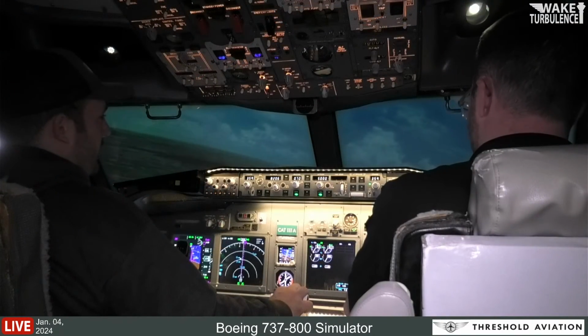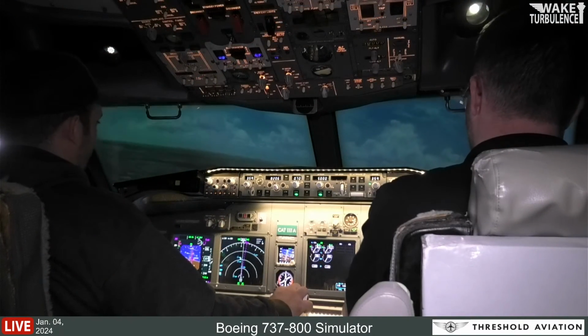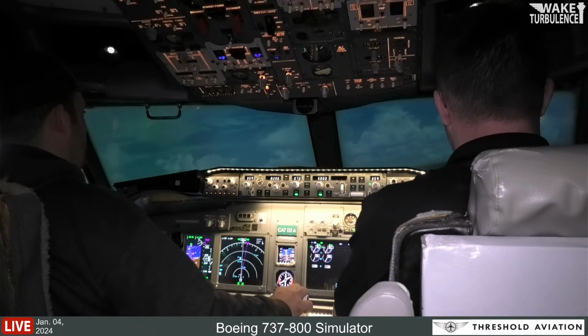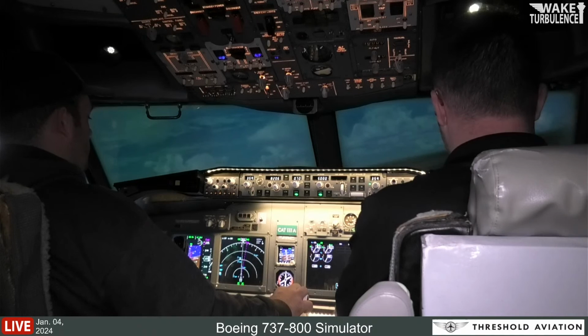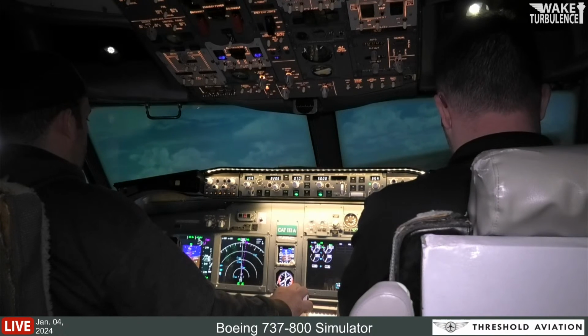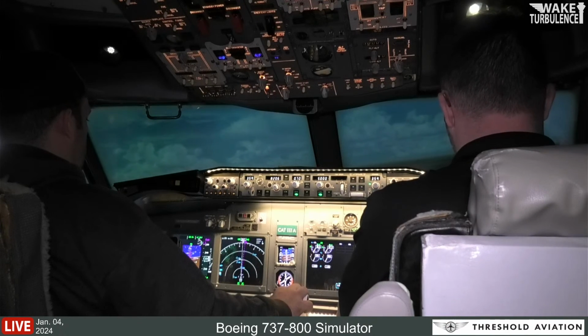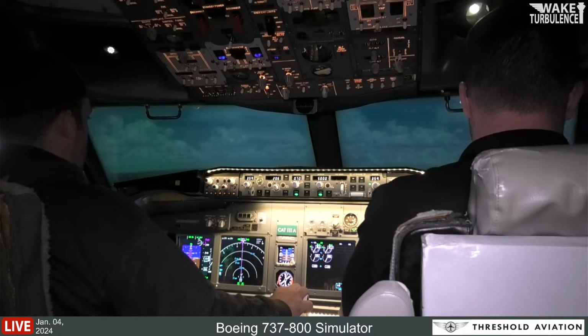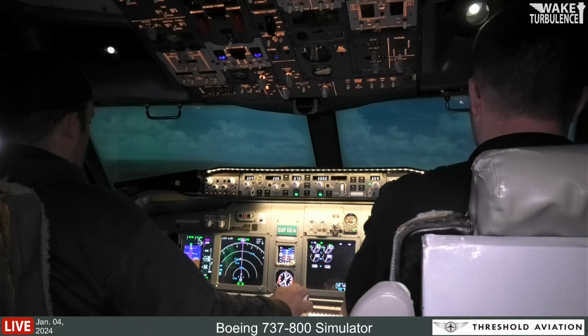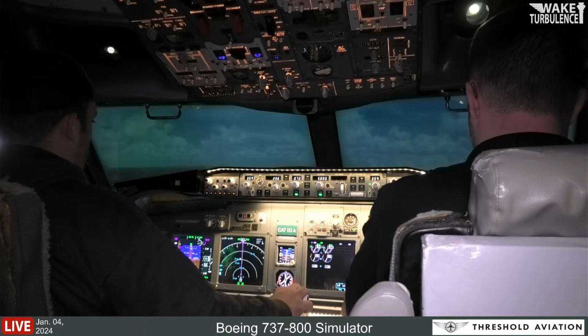I think you want to start descending. You're at 3, so we're pretty high. We're gonna have to get down. Cabin crew, prepare for landing. Oh, I overshot that. If you follow the cross on your attitude indicator, it will guide you to the pink purple line and help you descend. Oh, I'm in it. Oh, that's what that's for. That makes a lot of sense. Yeah, it's directing you.